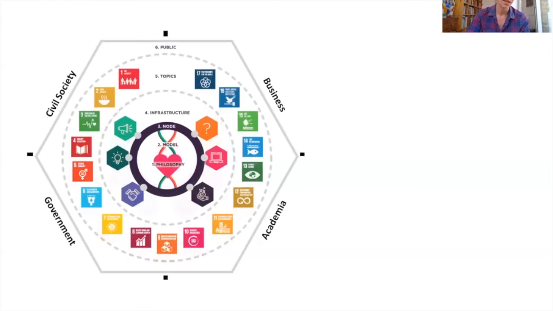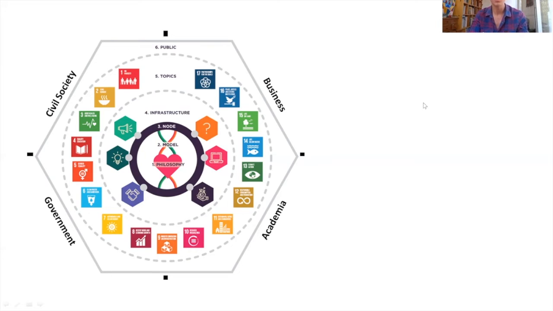To add one more aspect in the graphic, here are the 4 target groups or 4 sectors of society: civil society, business, government, and academia, to really have a holistic approach on society and implement all of them.